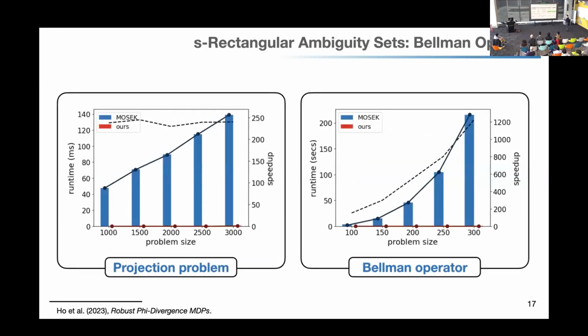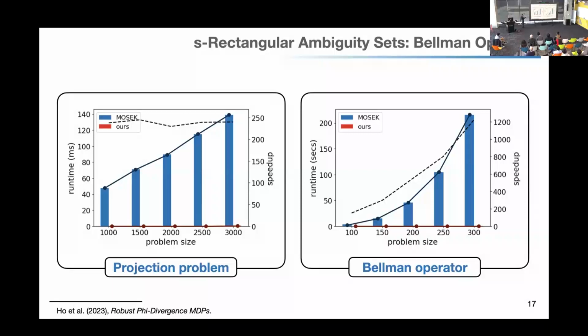We have implemented this. Let me see how I do time-wise. We have implemented this on synthetically generated test instances and the Kullback-Leibler divergence. And what we see here is, as a function of the problem size, that's the number of states in the MDP, the runtimes of MOSEK, which is a commercial solver, in blue, and our runtimes in red. On the left for the projection problem, on the right for the robust Bellman operator. Now,